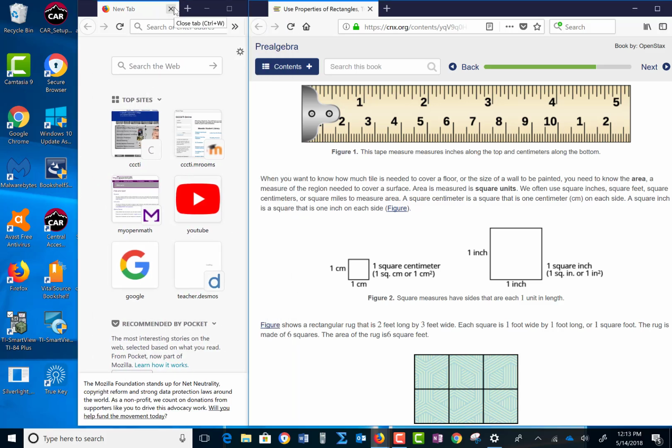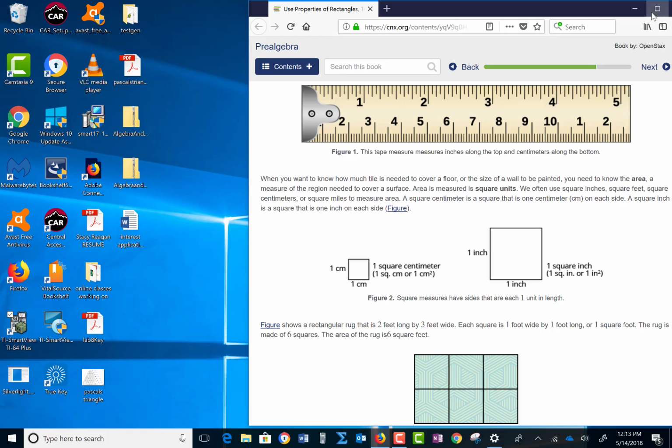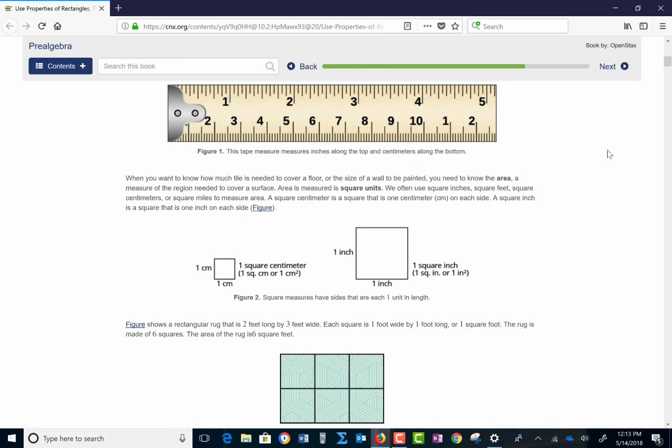Now, where that might be beneficial to you is you might want to have the video open and the link that I have to the textbook so that you can read and pause the video as we go, because this is the page in the textbook and I'm going to be talking about some things and giving you some formulas as we go. So on this first page, you can see that we have two different squares that are here,